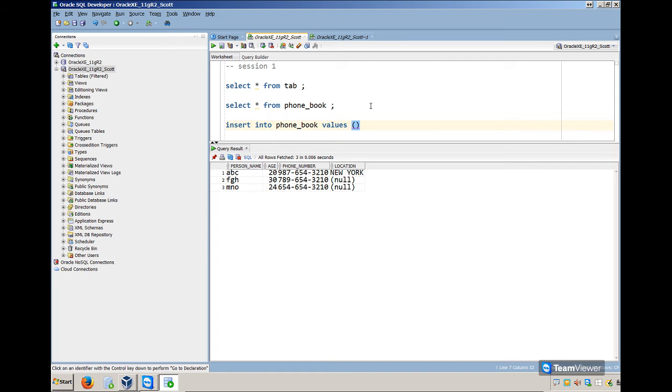Let's say, for example, what is a person name? Person name is XYZ. What is the age of the person? Let's say 20. And what is the phone number of the person? Let's say this person has a fancy phone number. So let's say all ones. And then what is the location of the person? And let's say, for example, Utah is the location. Now, once I insert this row